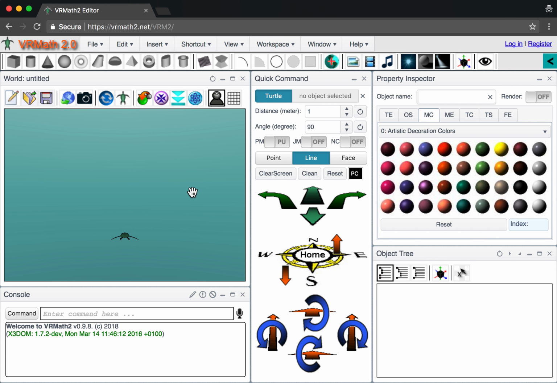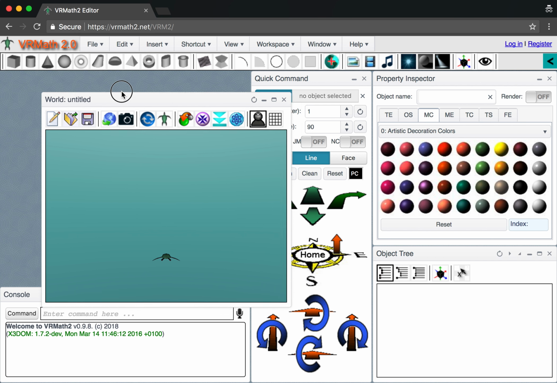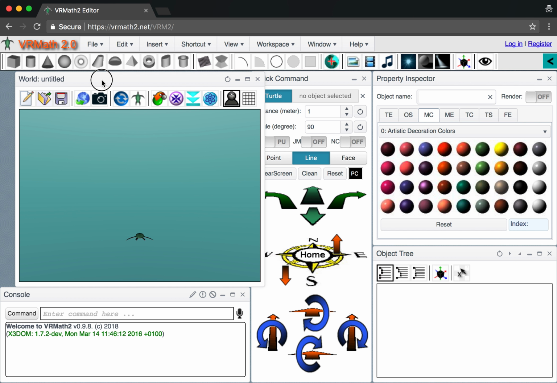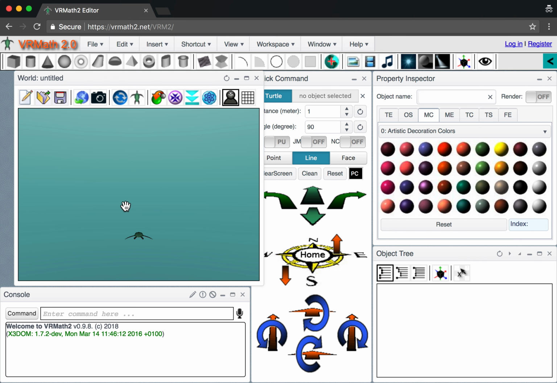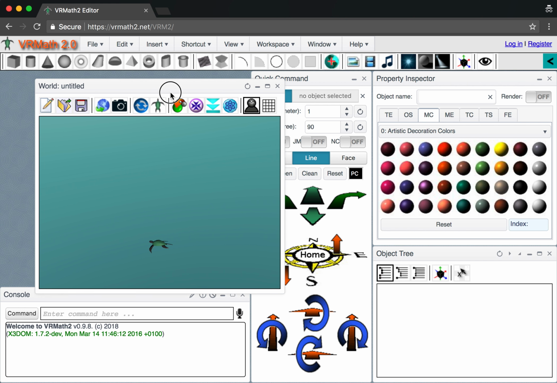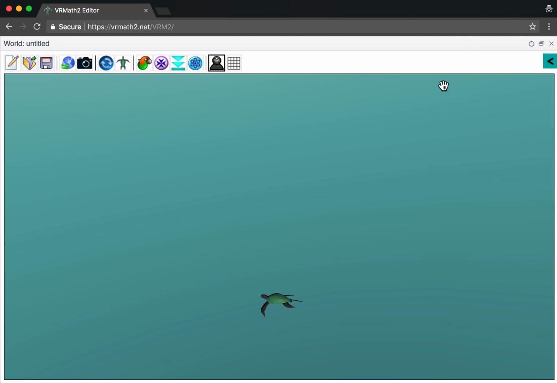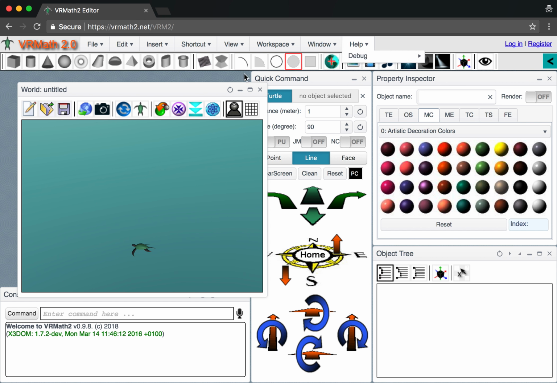Hello, in this video I'm going to talk about the world window in VRMath2 Editor. So the world window is this window. It's almost the most important one here because that's what we are intending to do to create some 3D virtual world here. As a window, there's a title bar here and you can double click to maximize, double click to